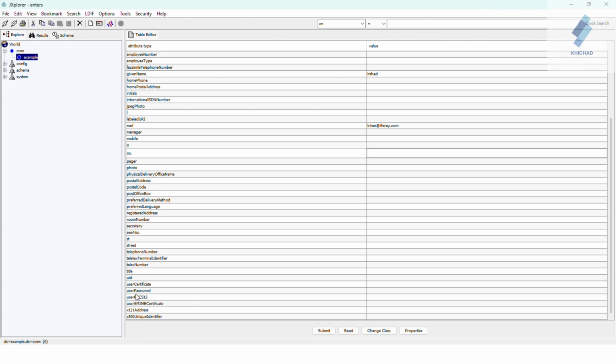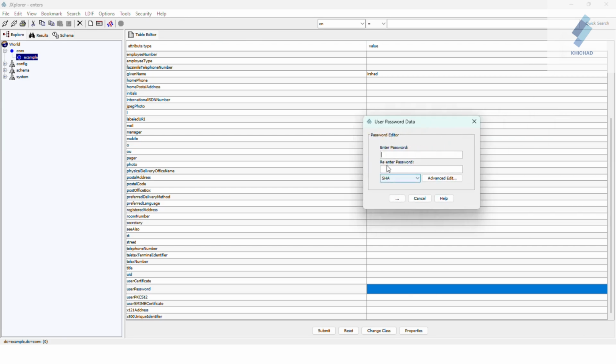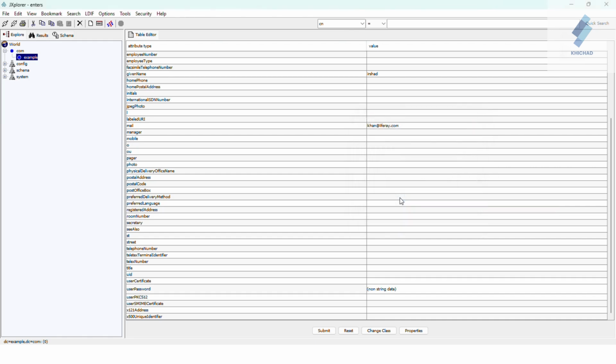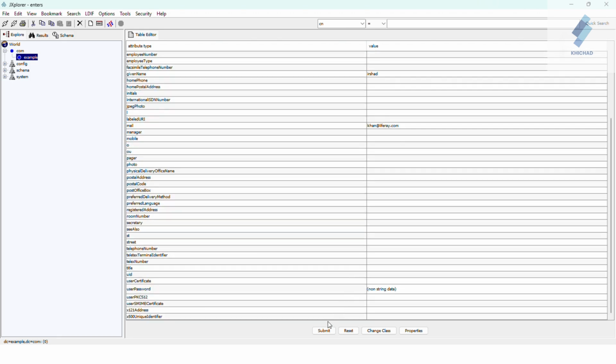So go to the user password and create a password. So I just create test only. Select this for importing and exporting the password. After that we need to click on submit here.